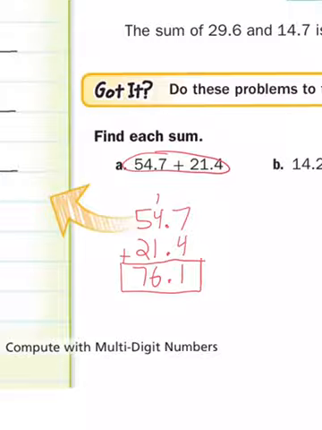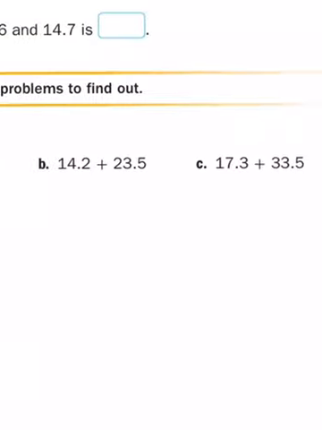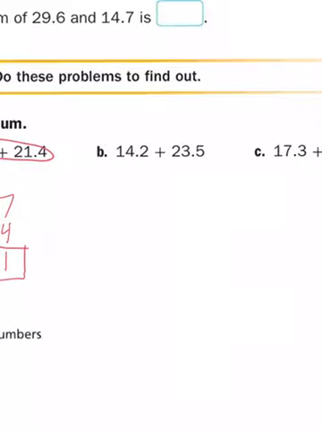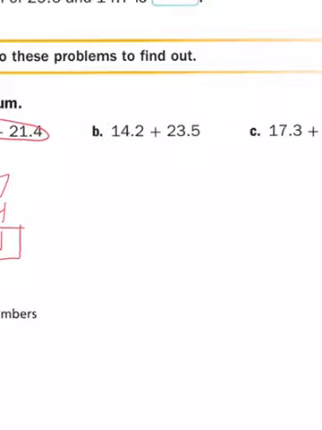Now when we go on, rather than doing B and C, I'm going to try something different. Because I think both of these are easy. They almost have the decimals lined up for you. So I'm going to replace B with a problem I think is a little more challenging here. And remember the rule, you must keep your decimal lined up. So I'm going to replace it with this problem. 7 3/10 plus 22